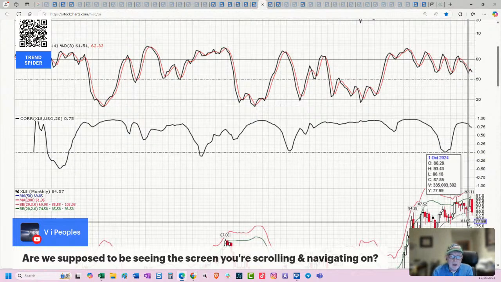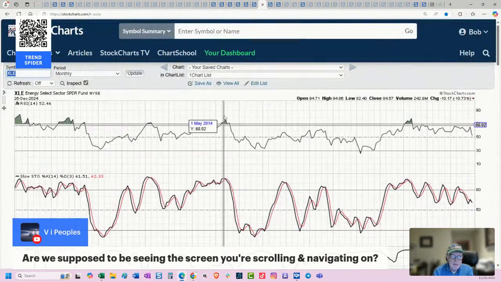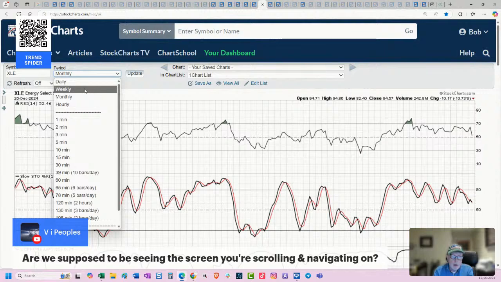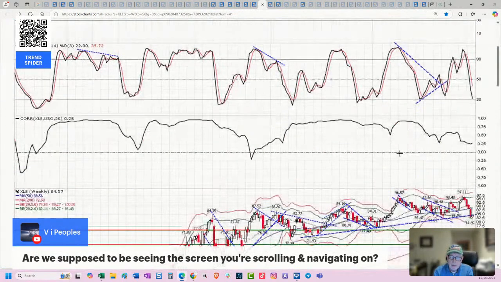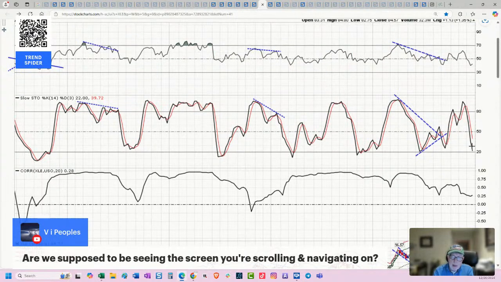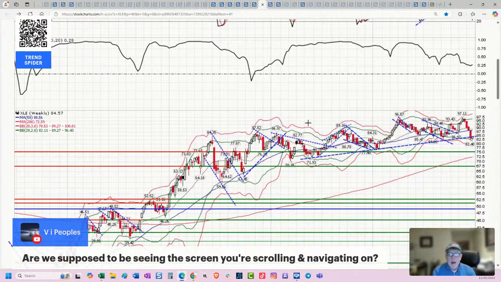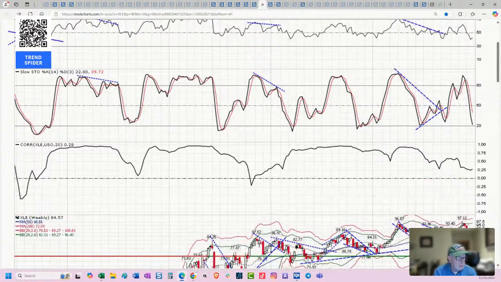And frankly, energy on the month is not looking great. Doesn't mean it can't gap up in the beginning of next year, but I worry. And in particular, I worry about the breakdown from last week below support. And the fact that the momentum, as measured by Stochastics, is trading down below 50. That's a big problem. That's a major problem. So we need to get that in the rearview mirror. Longer term, once we start seeing GDP growth organically, then I'll become a lot more constructive on energy stocks.